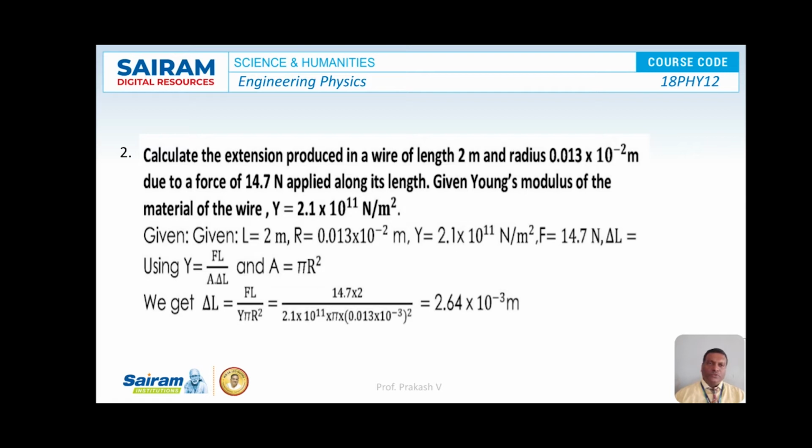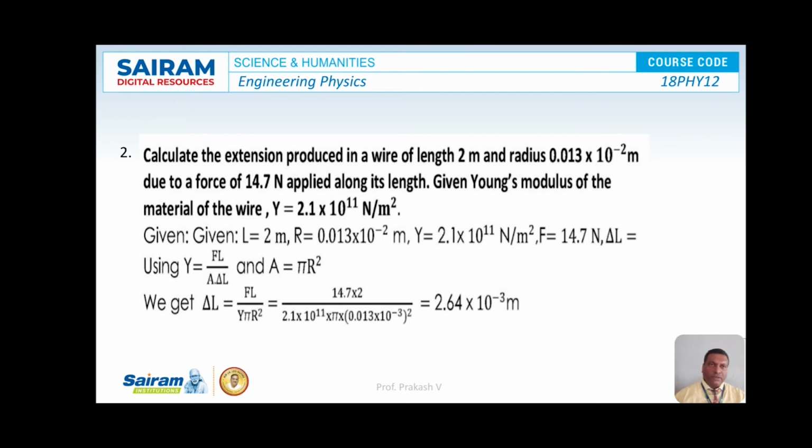So the extension produced delta L is equal to FL by Y pi r square, that is equal to 14.7 into 2 divided by 2.1 into 10 to the power of 11 into pi into (0.013 into 10 to the power of minus 3) whole square. So on simplification, the value of delta L is equal to 2.64 into 10 to the power of minus 3 meter. So this is the value for delta L. That means 2.64 into 10 to the power of minus 3 meter. That much extension is going to happen in the wire of length 2 meter